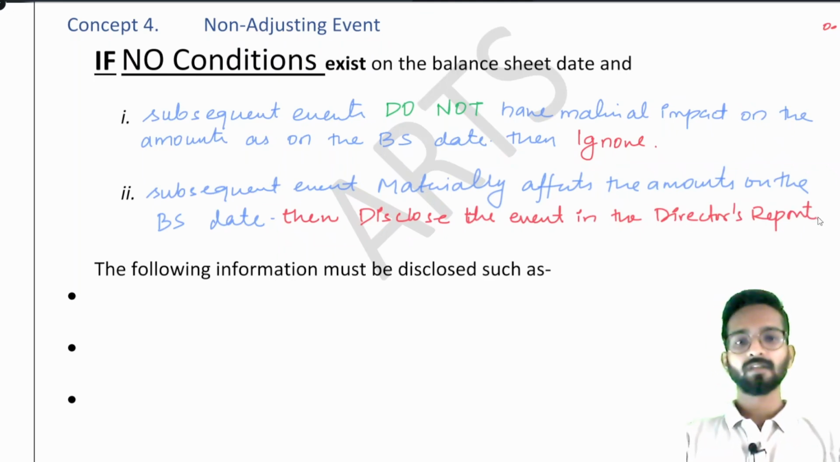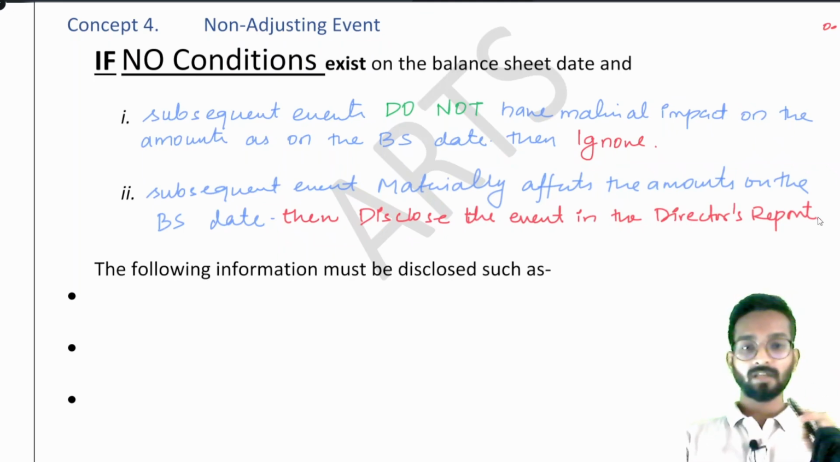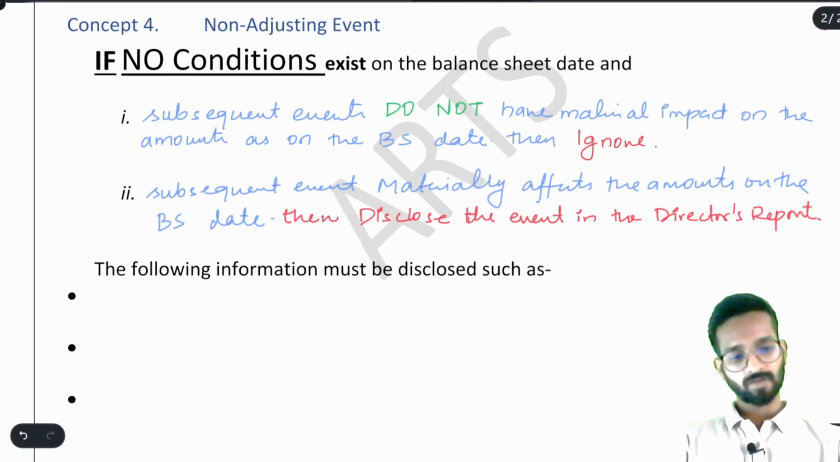See, a subsequent event materially impacting means some earthquake or some fire happened after 31st March. How will that information be given to the shareholders? That information will be provided in the director's report. Simple. Now, after that,